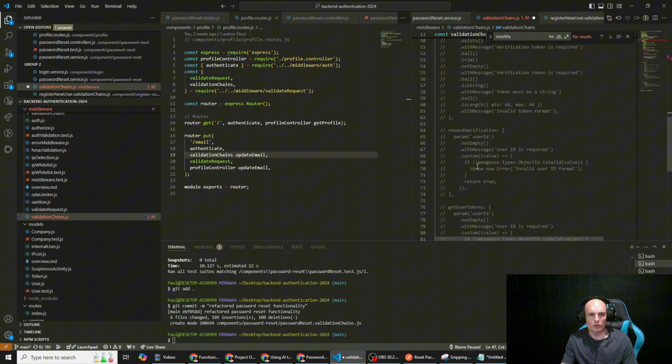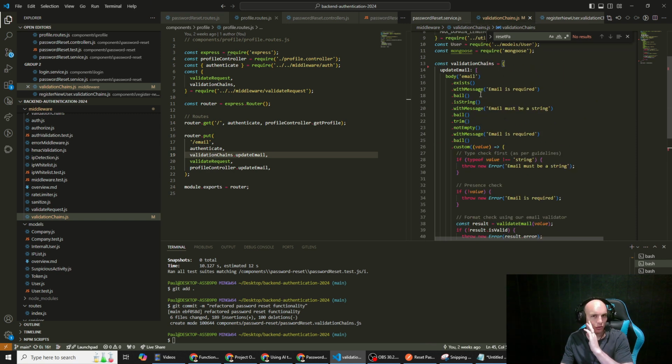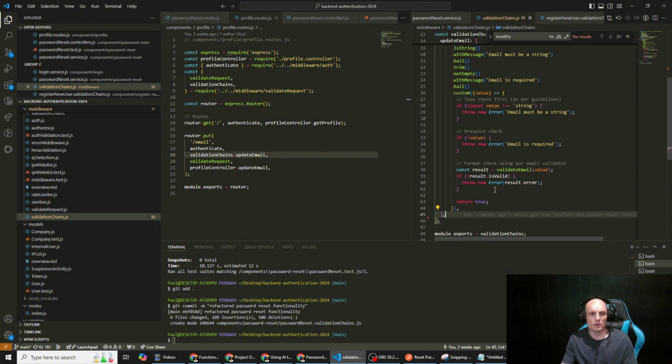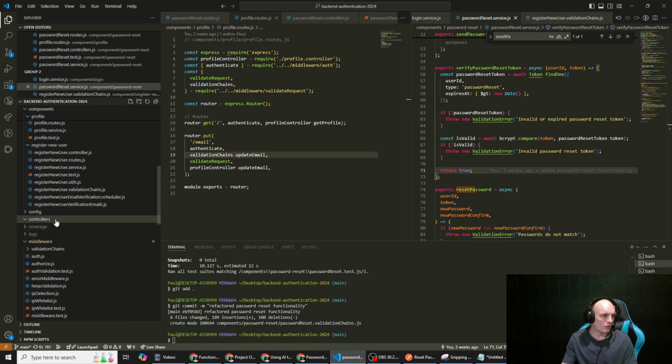And we've also can get rid of all this. So almost removed all of this. So validation chains update email. So actually what we can just do is probably, we can just move this whole file into validation chain, not that one,